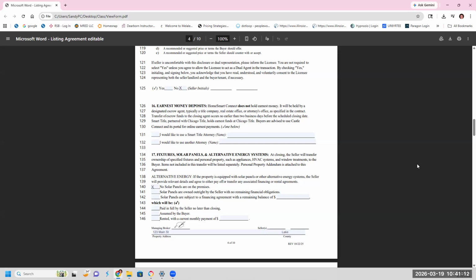So you need to find out how much is left on that lease and what the balance is, or on that purchase agreement. Will those solar panels at line 144 be paid in full by the seller no later than closing? Will they be assumed by the buyer? And are they rented with a current monthly payment of?